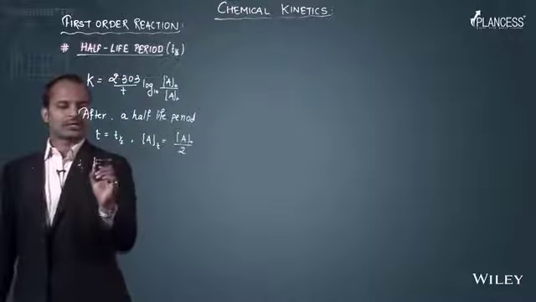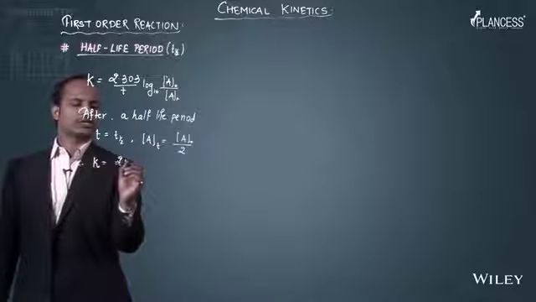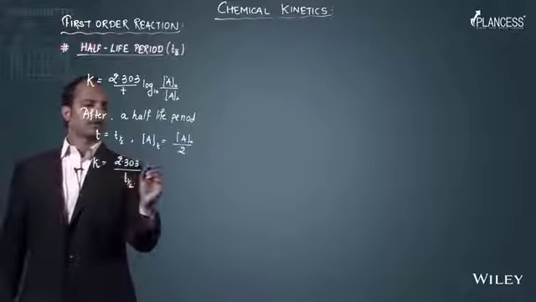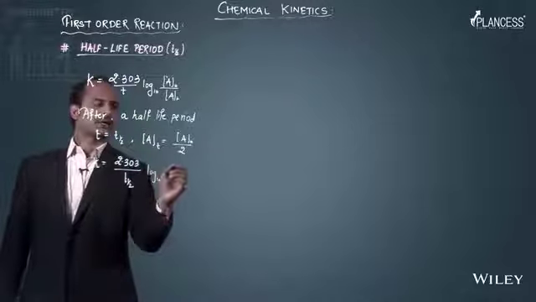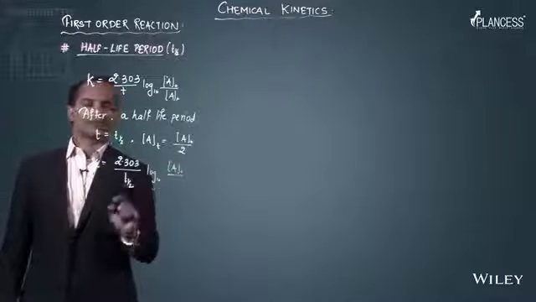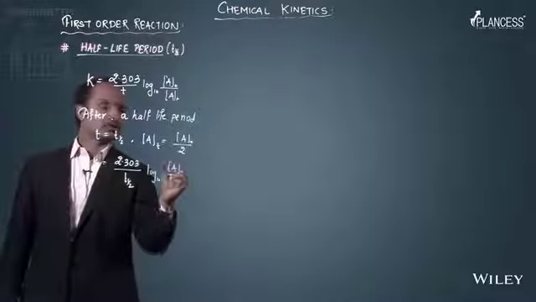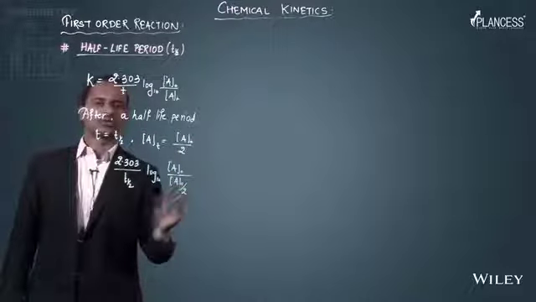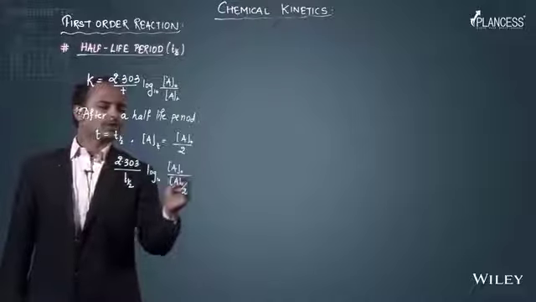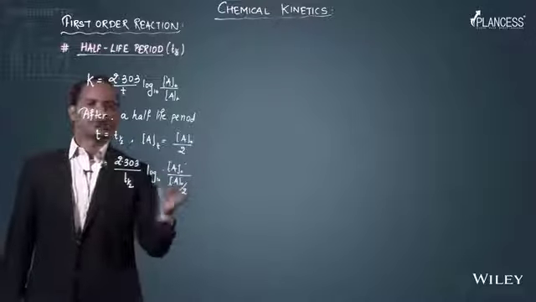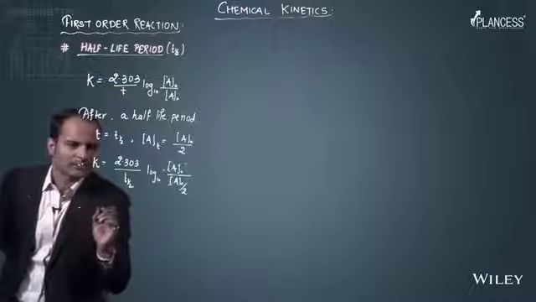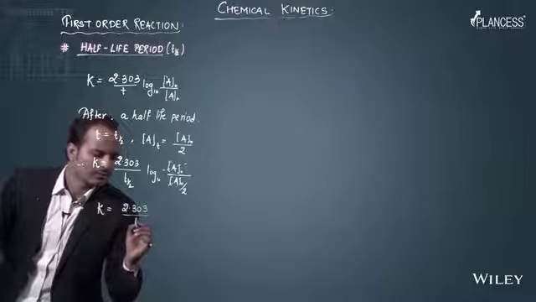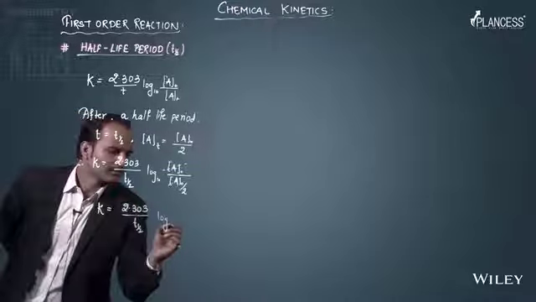So here I can say that k is equal to 2.303 upon t. Instead of t, I can write t half now, and log to the base 10 A naught upon A t, since it is a half-life period. Instead of A t, I can substitute this value, A naught upon 2. A naught will get cancelled, and ultimately 2 will go to the numerator. So we will have k is equal to 2.303 upon t half log to the base 10 of 2,